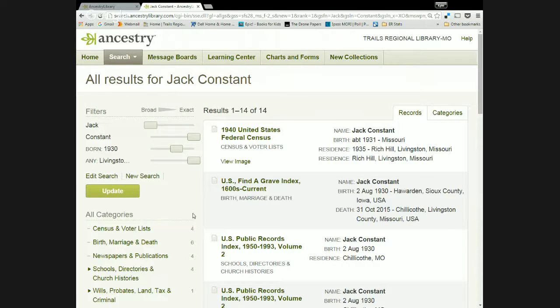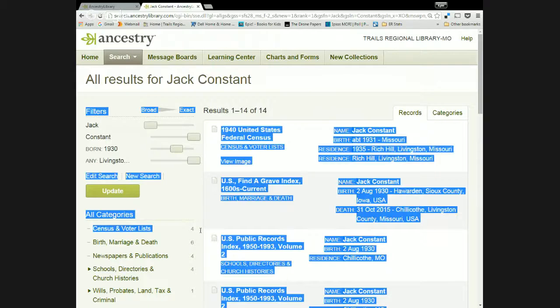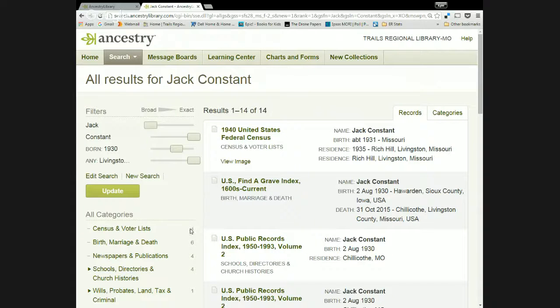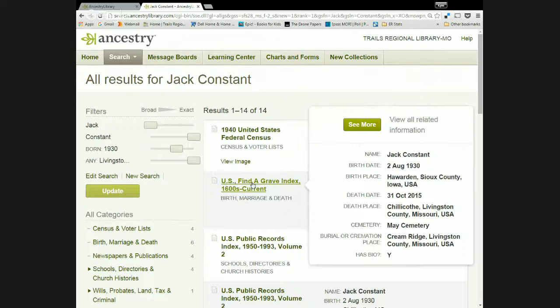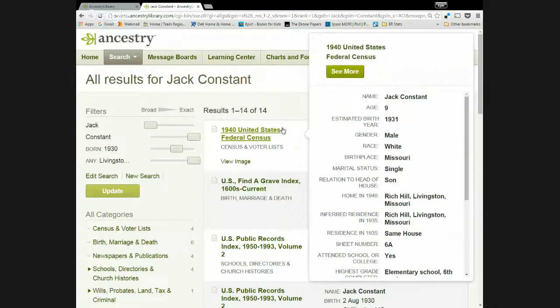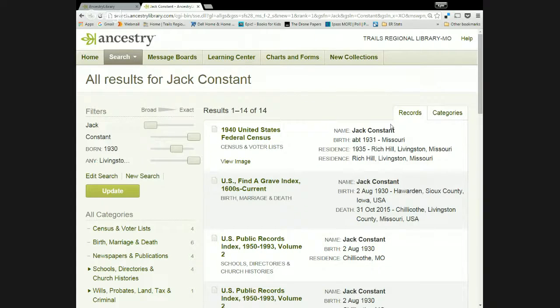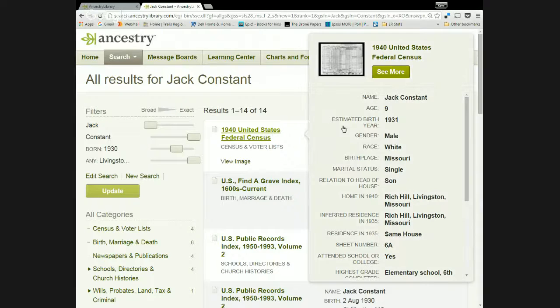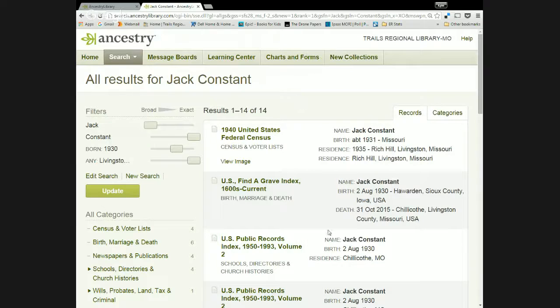There were 3 census and voter lists. Excuse me, there were 7. Now there's 4. So there were 3 census and voter list records that were removed whenever I made that born date more specific. So something that I do want to mention is that in census records, you can see the first record here is a 1940 census record. And this is my grandfather. And he was 9 at the time. Says he was born in 1931, but